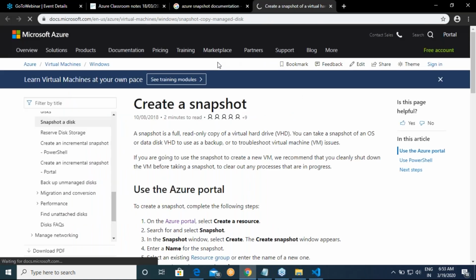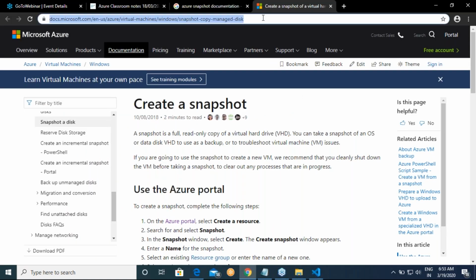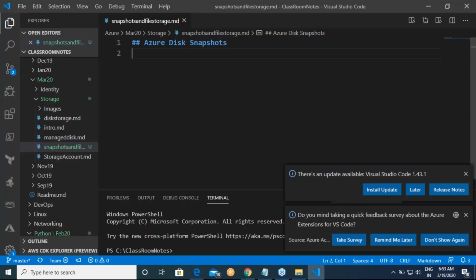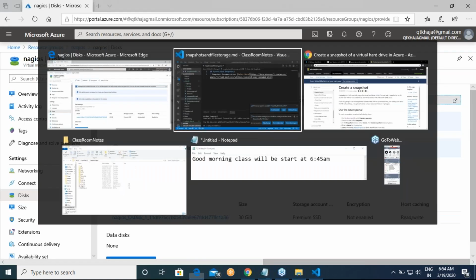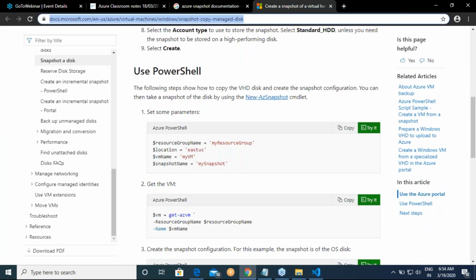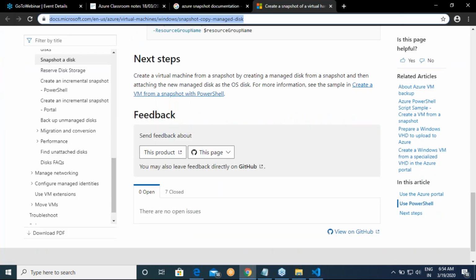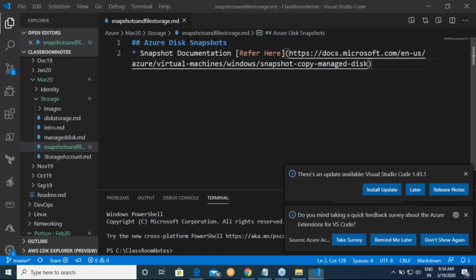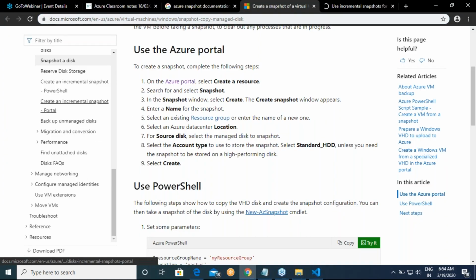I would want you to go through this article, which tells how to take a snapshot, whether using CLI or PowerShell, whatever it is. So this one, and these three. These three are the topics of discussion today.